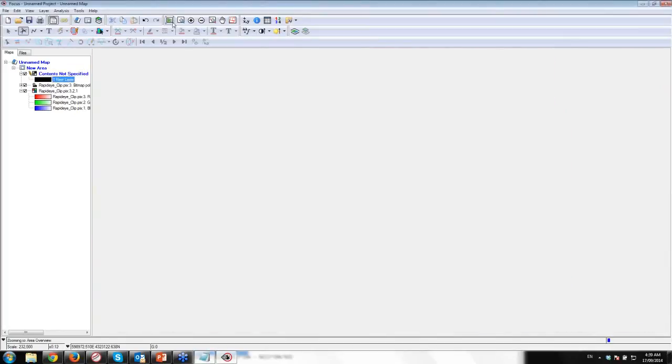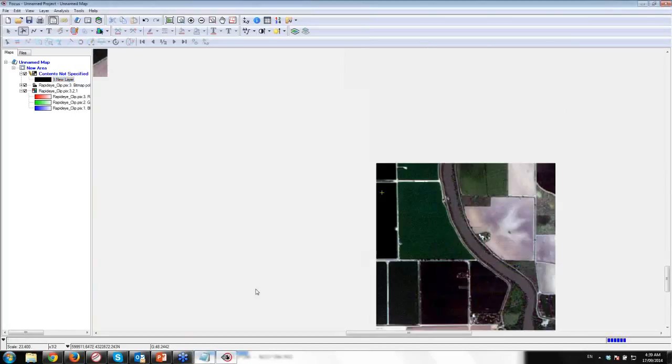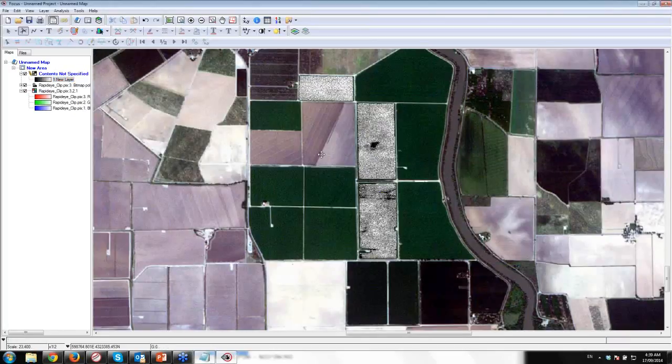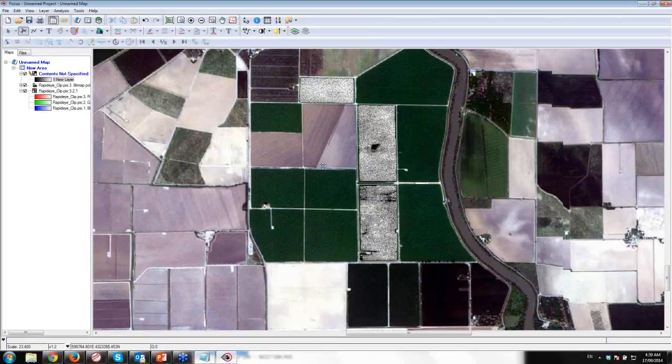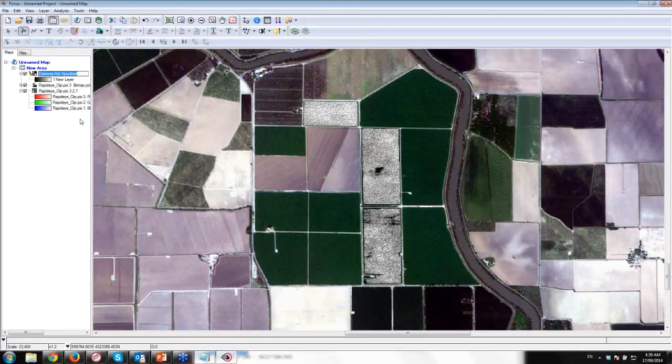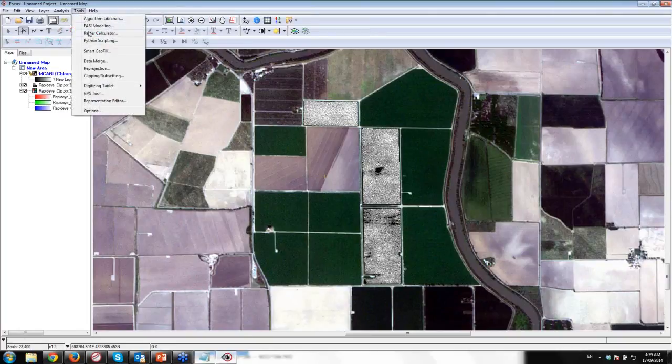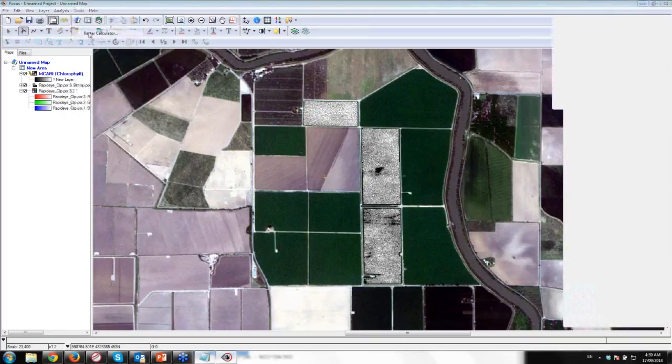I'll just zoom out, zoom back in here, and apply an enhancement. So there we see our vegetation index that's been calculated over those fields. We're just going to label that chlorophyll,